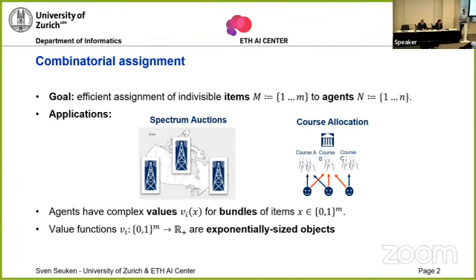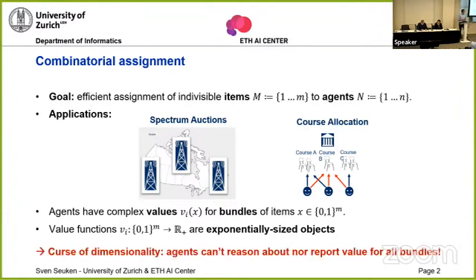And in both domains, the agents have complex values for bundles of items, be it a bundle of licenses or a bundle of courses. And this gives rise to value functions that are exponentially sized. And so this is the well-known curse of dimensionality, where the agents can't possibly reason nor report a value for